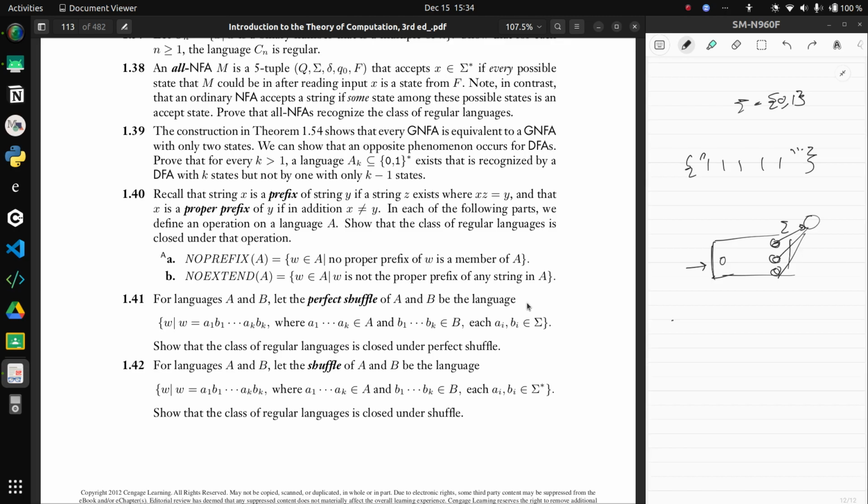Okay, so it's going to be something like this. Let's just say that you have a machine M that recognizes A. I'm thinking of a machine M dash which does not have any back arrows from the final states. And the final states themselves are not the final states. Okay, they are still the final states, fine. So M dash is what we use essentially to construct the no prefix A, right? We just make every final state of M dash point to a reject state in case any other character comes in. Now what we want to do is